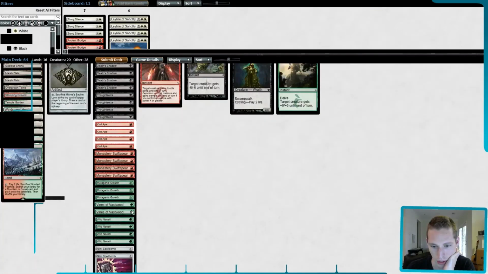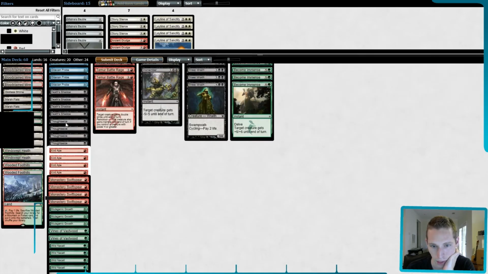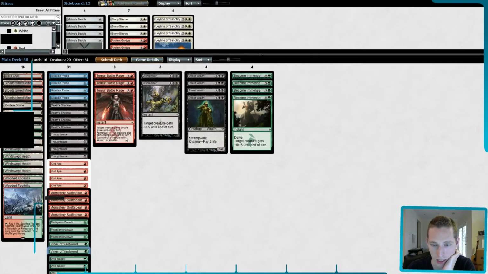Yeah, I think I just want to cut the Baubles. 4 Thoughtseize is good enough as far as disruption goes that I don't think I need the Leylines. I want to keep Vines because he has Lightning Bolt, or he has access to Lightning Bolt. I don't know if every list plays it. Let me know in the comments if this is just stupid, if I should be playing this, but